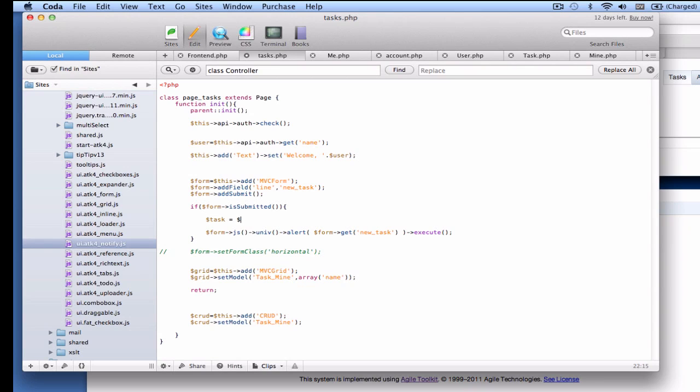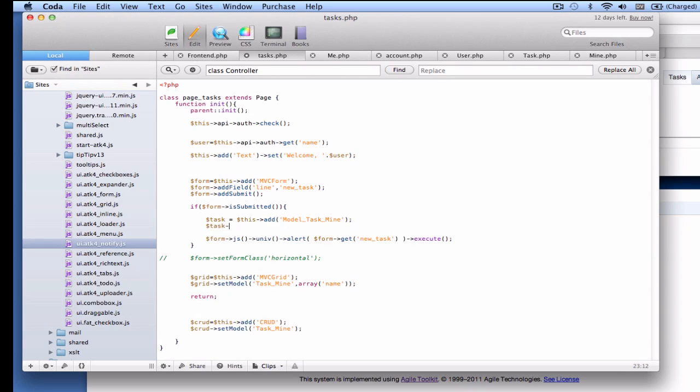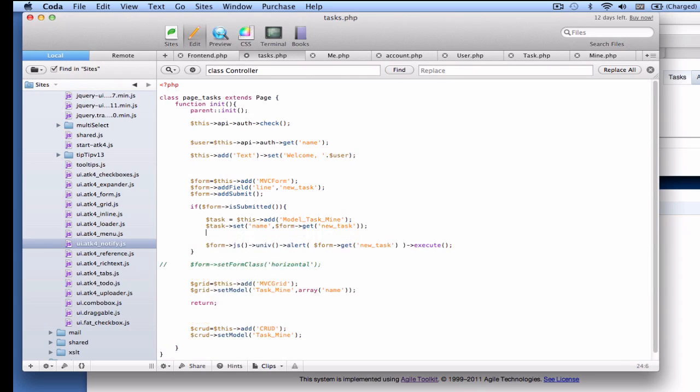And they do not integrate them with the views. So this is how you would normally work. Here it's just an exception. Let's add model task line, and then task set name, get task, set date and let's say